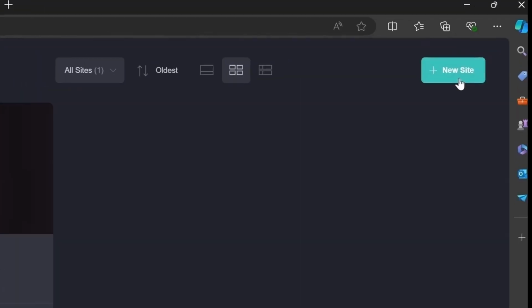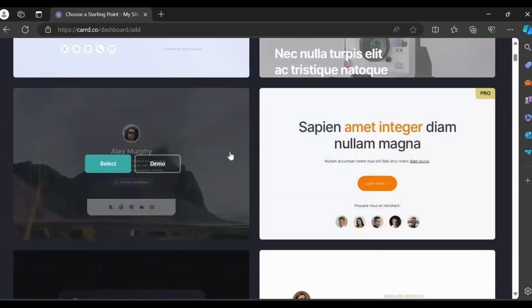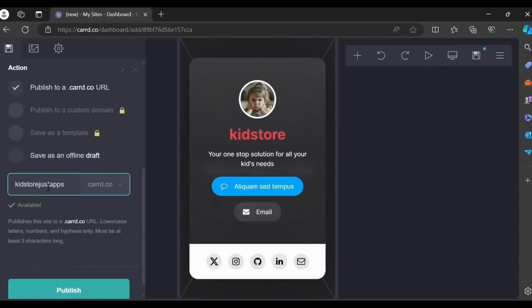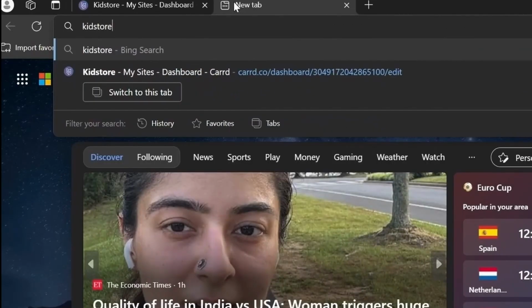Or else you can just directly go here, click on this new site. I'm going to select this one. Now I'm just going to upload this image as a profile. Kid store just apps .car.co. You have to give like kid store just